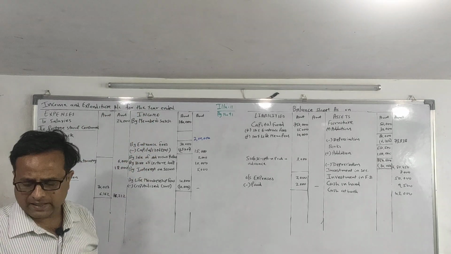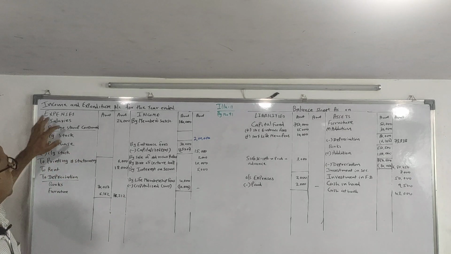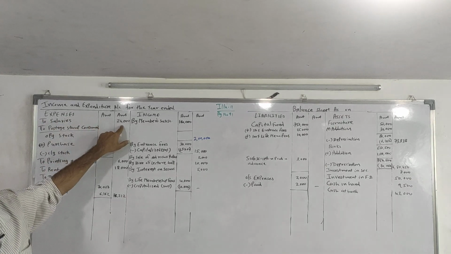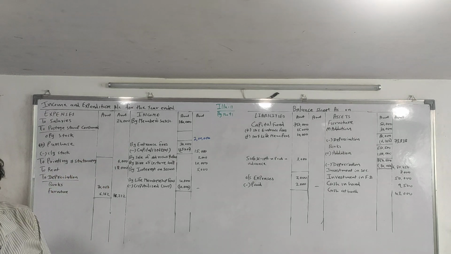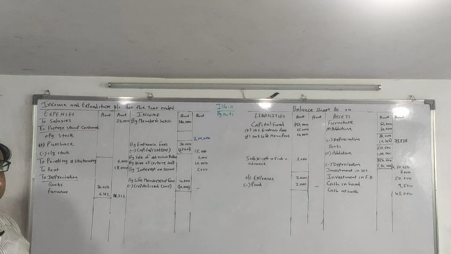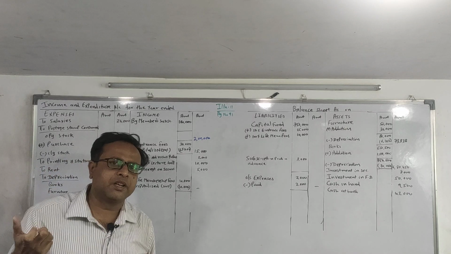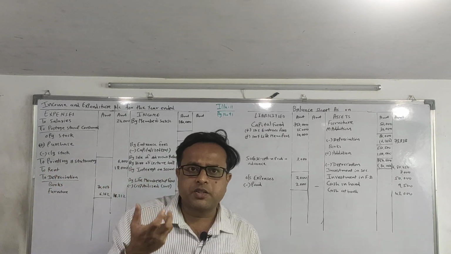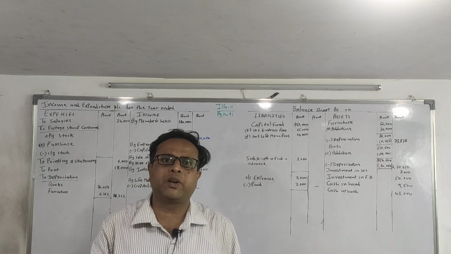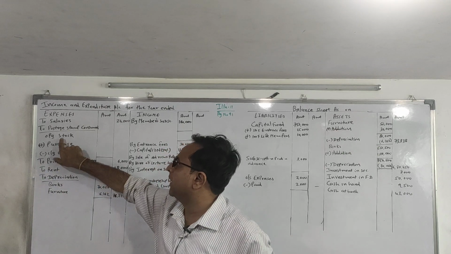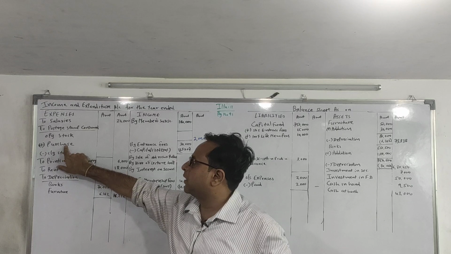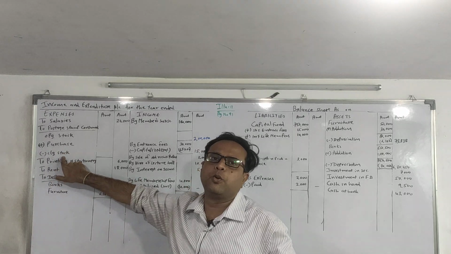Now come to the payment side. Salary, expenditure, no adjustment. Outer column. Purchase of postage stamps. See, now understand. What is my expenditure? Whatever I have consumed in my current year is my expenditure. So how will you get that? Opening stock plus purchase minus closing stock.